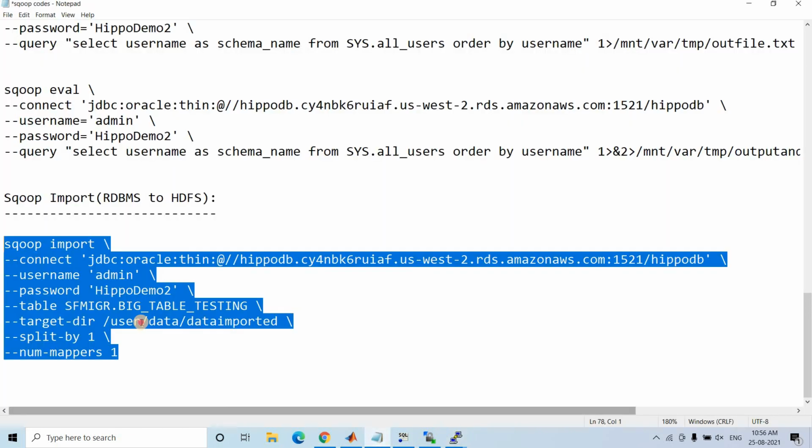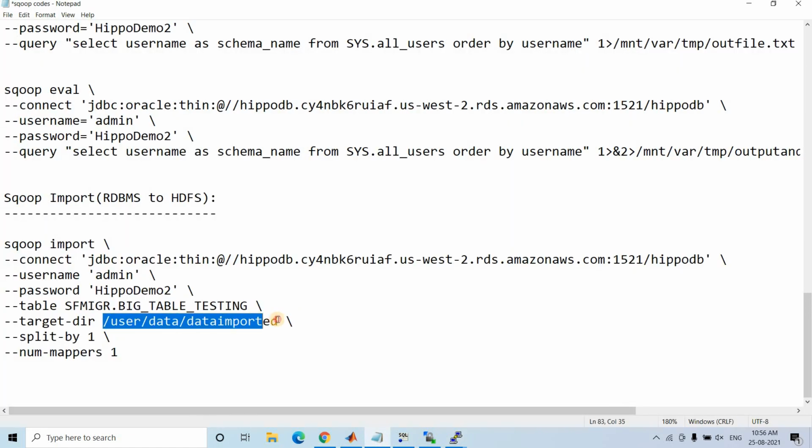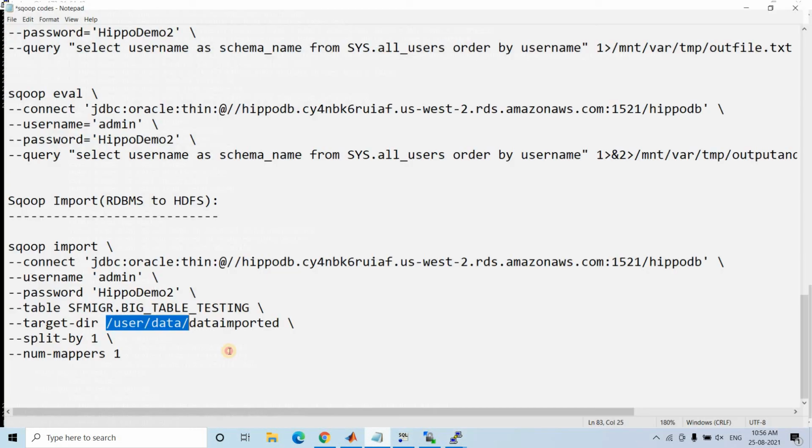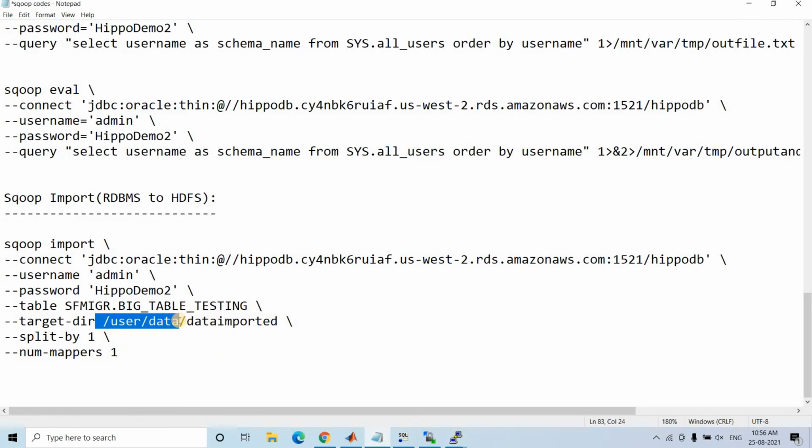Let us go to this particular directory and check whether data got imported or not. Let me go up to this particular level. HDFS dfs -ls, and then this particular one, user and data.